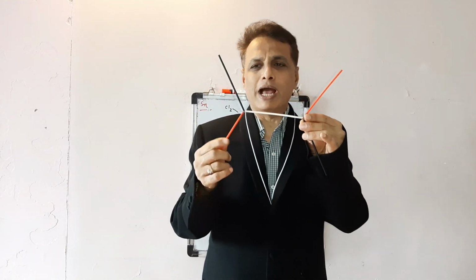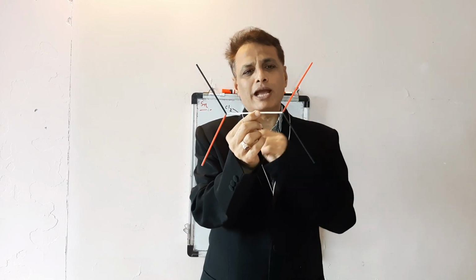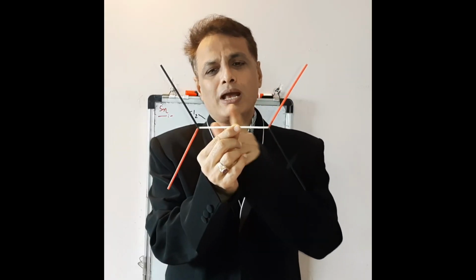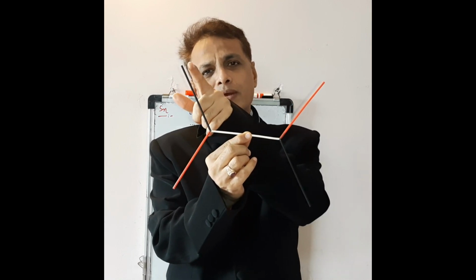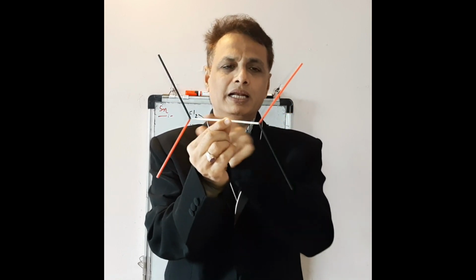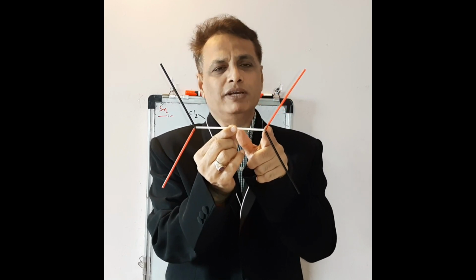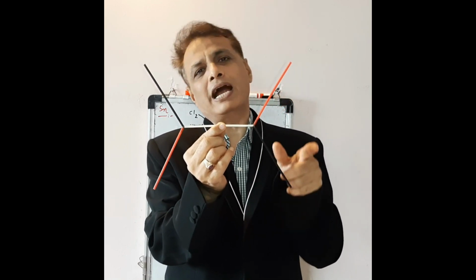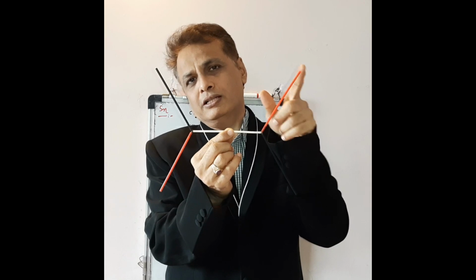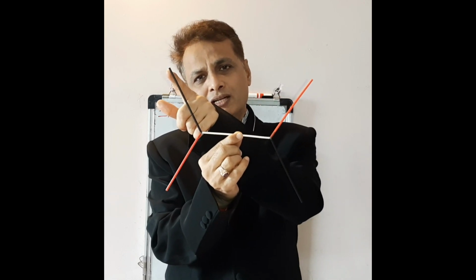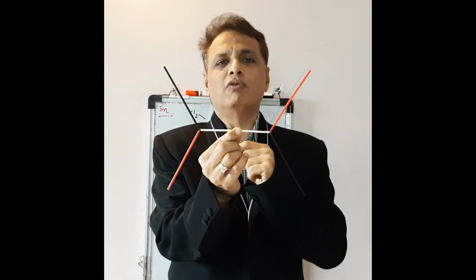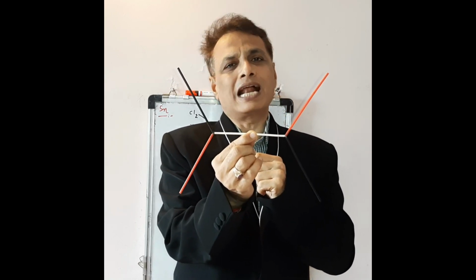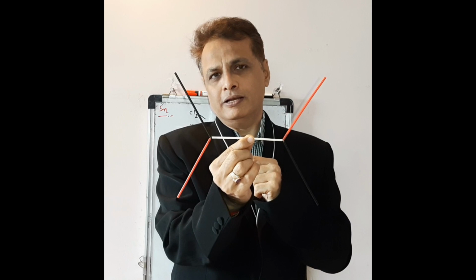This is your 1,2-dichloroethene. 1,2-dichloroethene contains 2 carbon atoms, and each carbon atom is attached with a chlorine atom and a hydrogen atom. Similarly, the second carbon atom is also attached with one chlorine atom and one hydrogen atom. This is named as Cl1, this is H1, this is Cl2, and this is H2. This is 1,2-dichloroethene or trans-ethylene dichloride.